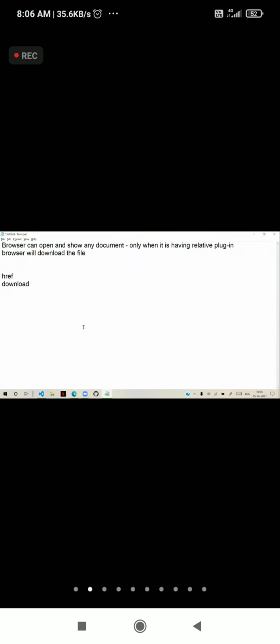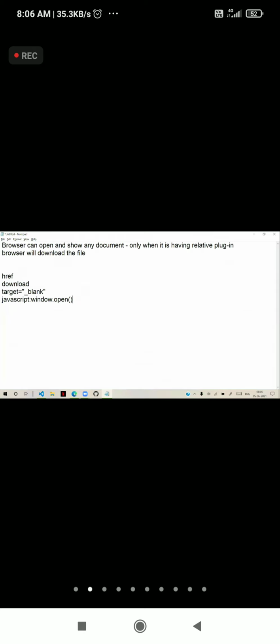Target blank opens a blank tab, a separate tab, not a separate window. If you want a separate window, we have to use the JavaScript window.open method. By using that, we can open the window.